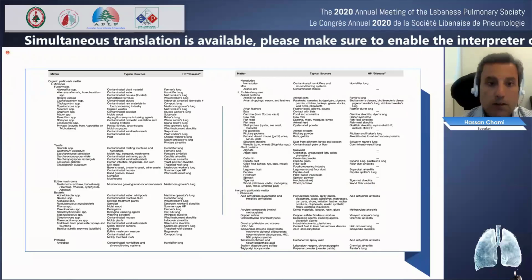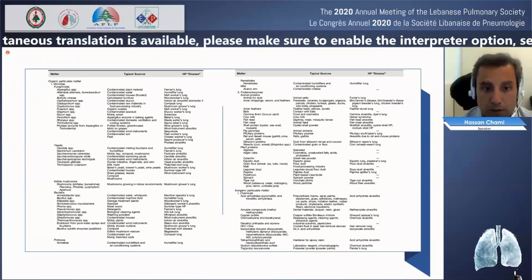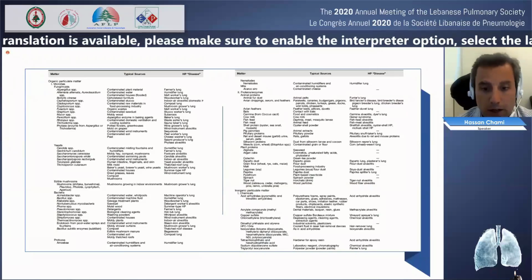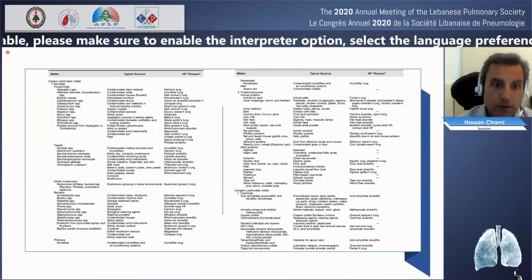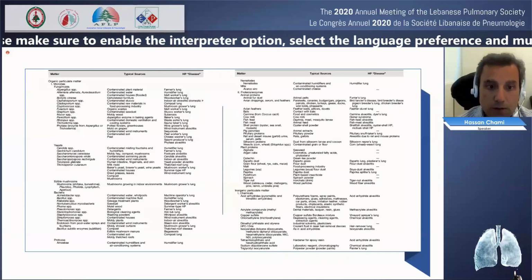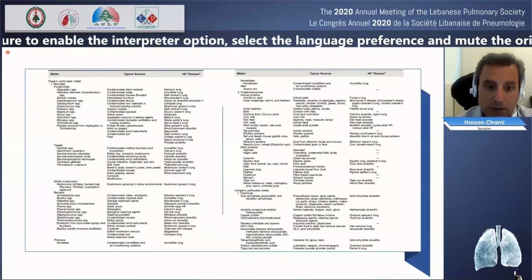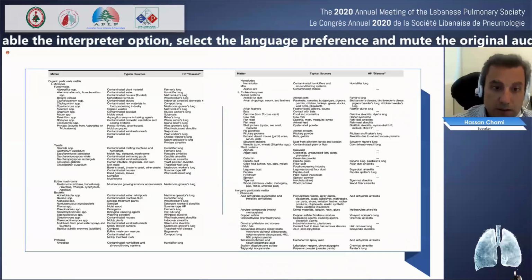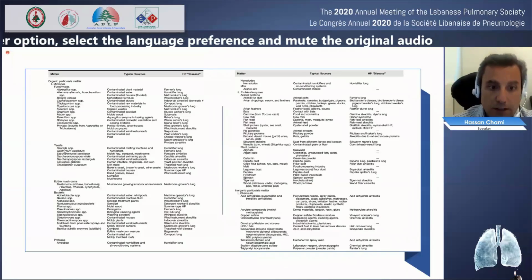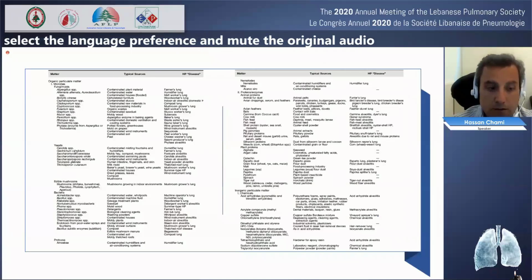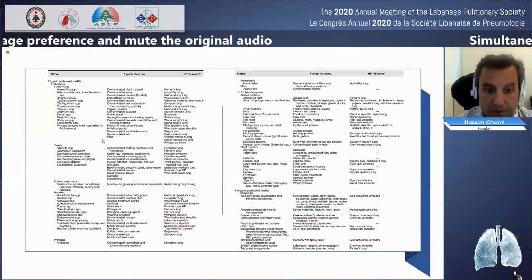This slide, you may not be able to see it well, but it just shows you how diverse these agents are. And the same syndrome, for example, that was previously described, say farmer's lung here, could have several agents as the incitings. It's different fungal proteins, for example, here.